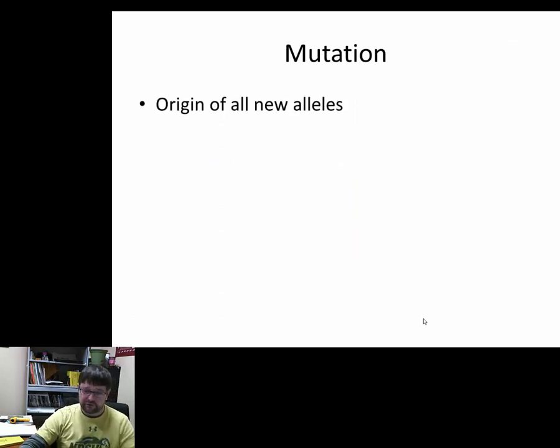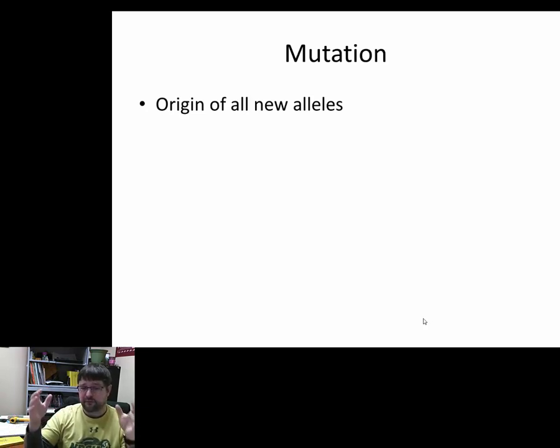All right, mutation. Mutations kind of get a bad rap just because everything that we read and we're taught when we're young is that mutations are bad. They cause maladaptation, weird things to occur, things like that. But mutations are really the source of all new alleles. So even though the majority of mutations, it's true, are either maladaptive, meaning they cause harm to the individual, or they're neutral, they don't do anything. Okay? There's very few mutations that pop up in a population that are beneficial mutations.